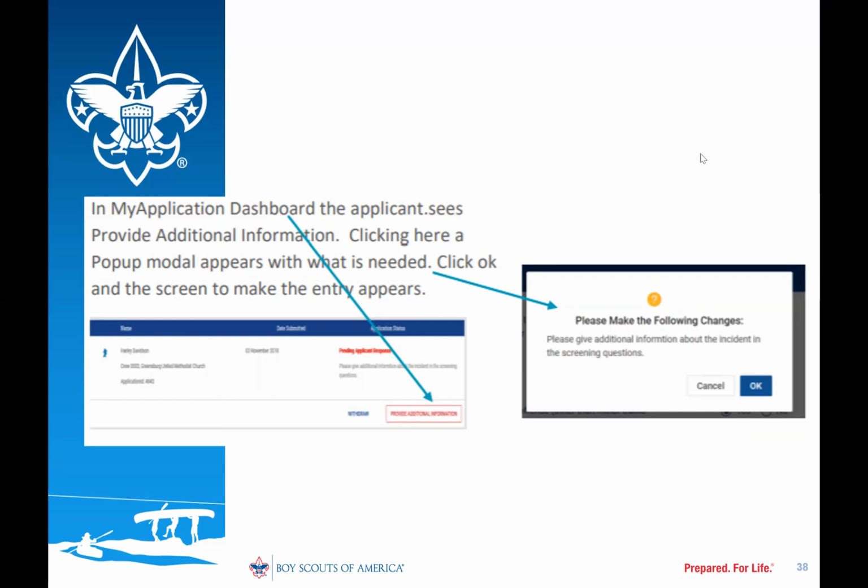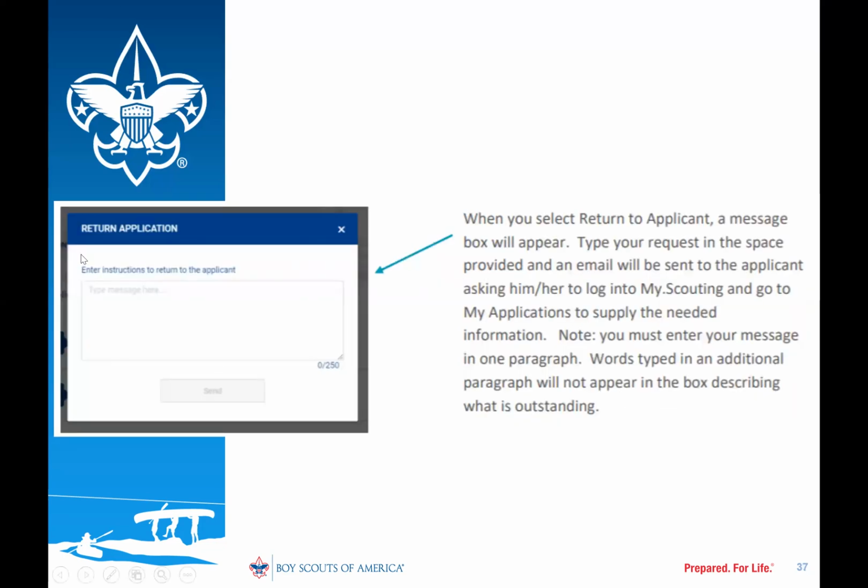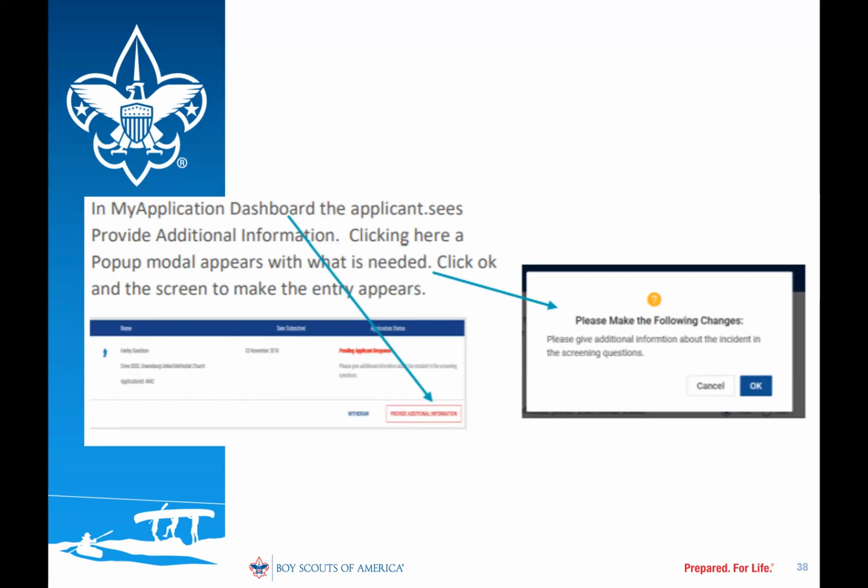Okay. So we're back here to where you have typed in, right? So we just typed in information on the instructions of why you've kicked this application back to the applicant for more details. Now you're going to go here to My Application Dashboard. And when that person logs in, they're going to get that email, but they're going to log in. This is the applicant now, and they're going to see that they need to provide additional information. Then the pop-up box, once they click that, will give you, please make the following changes,